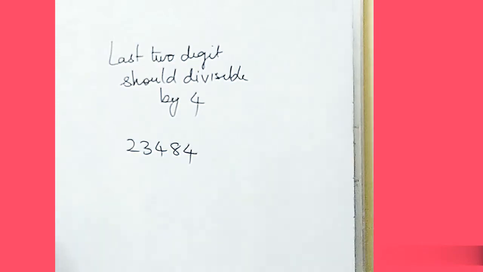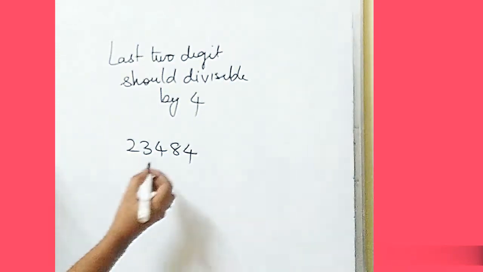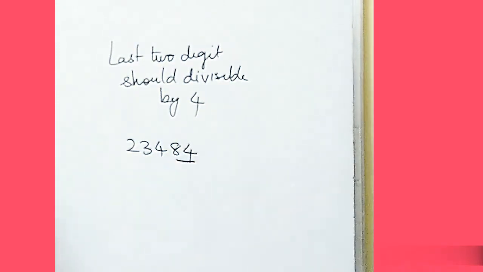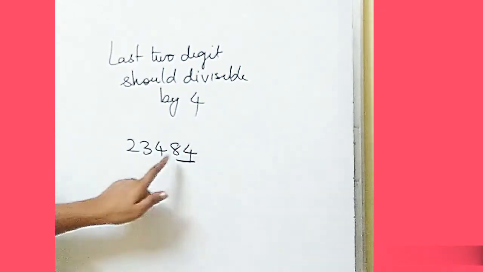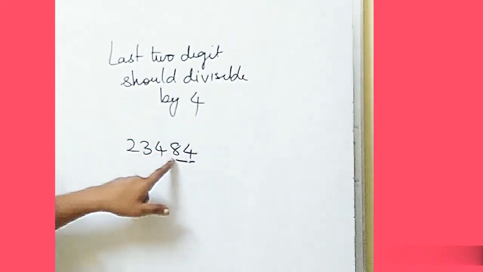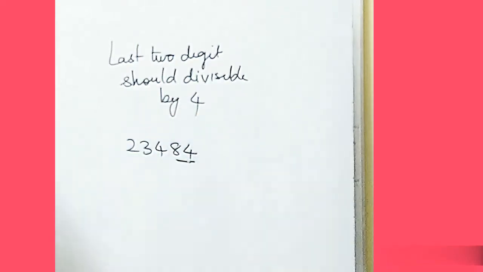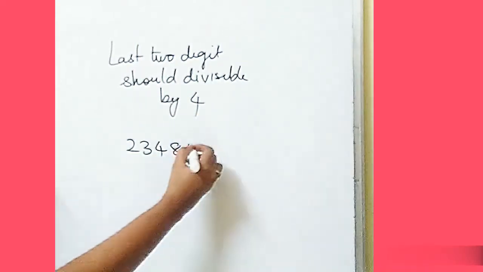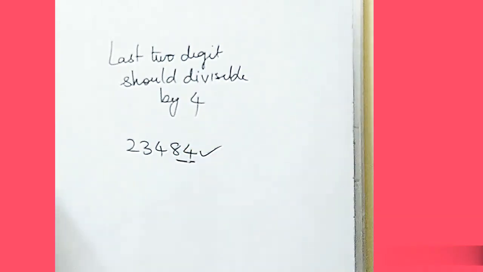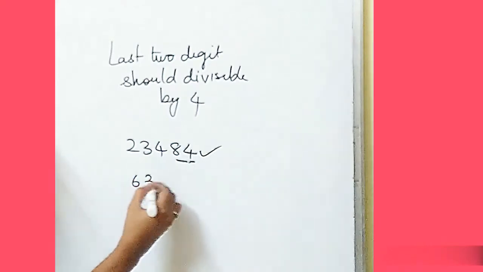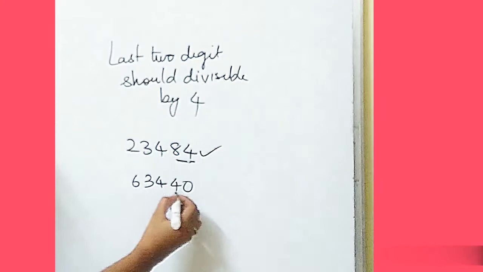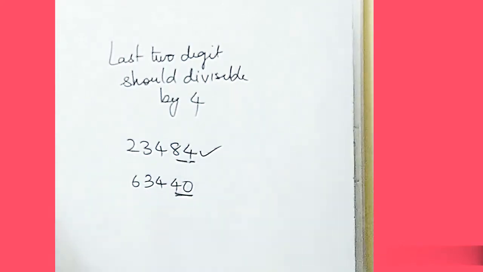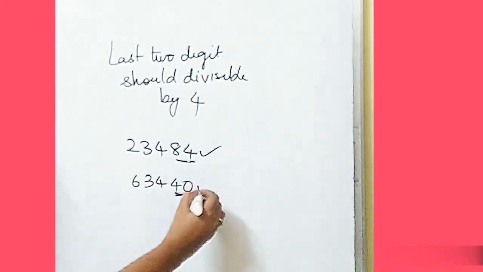For example, I'll take a number like this. Now you will have a big question mark. Last 2 digits. You are taking this number. Okay. Now does this number come in the 4 table? 8 and 4. Yes, student. This number will come because 8 comes 2 times, 4 will come 1 time. So this number will come in the 4 table. If I take another number, like, now we'll see, 40. Does 40 come in the 4 table? Yes, student, it will come.